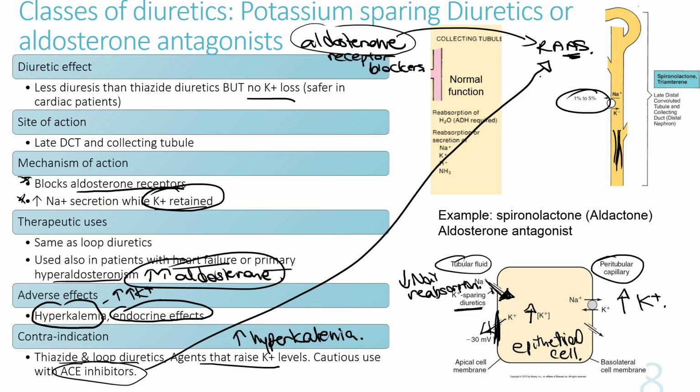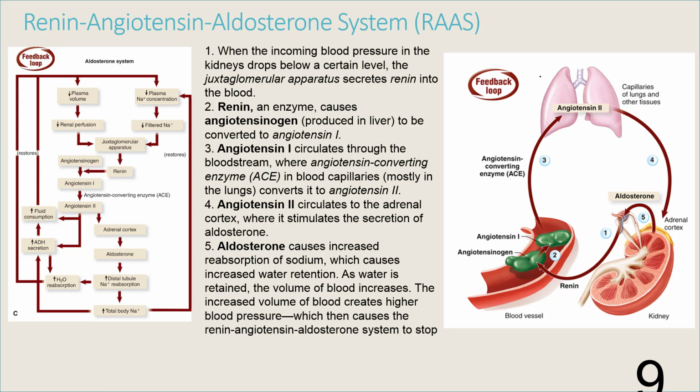All right, so you've got the three types of diuretics here, and we're going to move on and talk about the renin-angiotensin-aldosterone system. So over here, again, just a review. So renin is released by the kidney over here, travels in the blood,